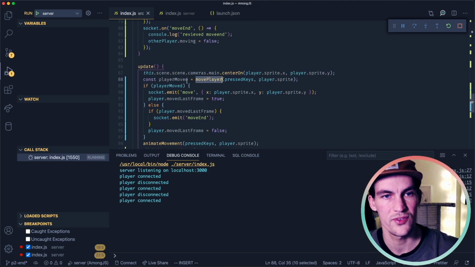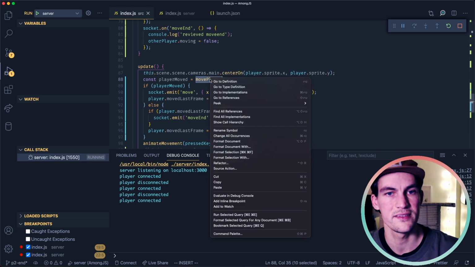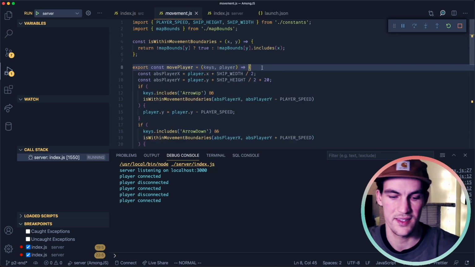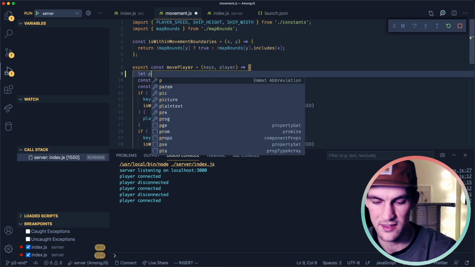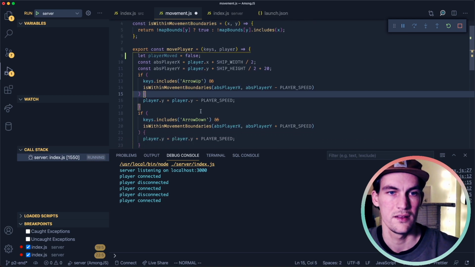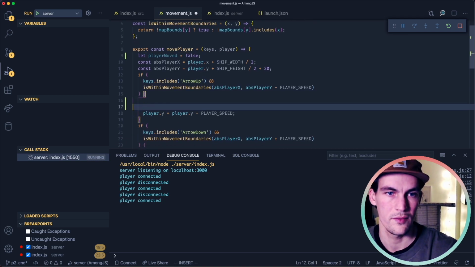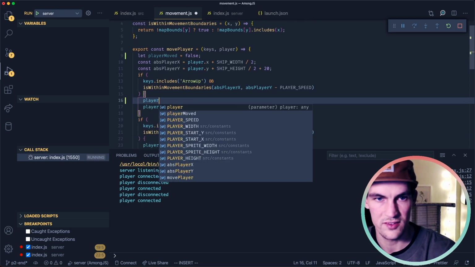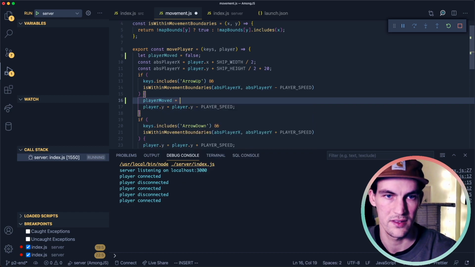We forgot to send something back from move player, so let's do that. Let's set a value here. Let player moved equals false, and then inside here we're moving, so player moved equals true.